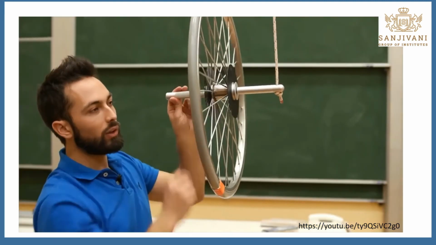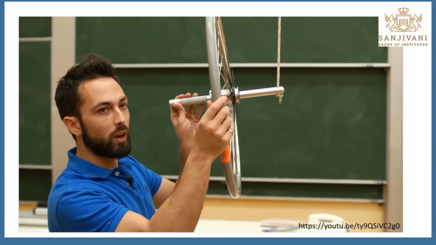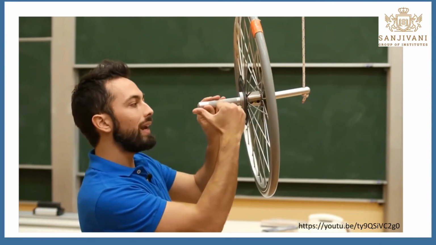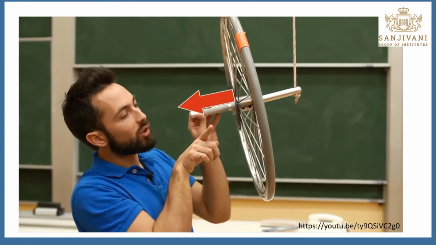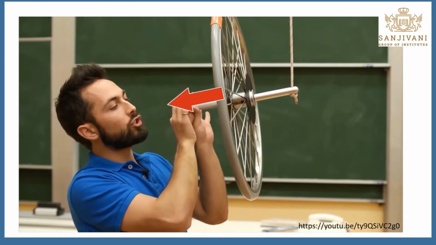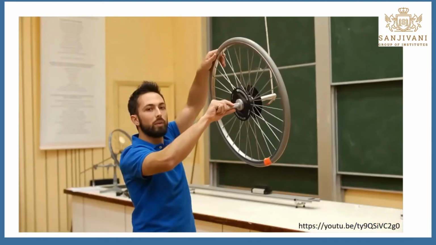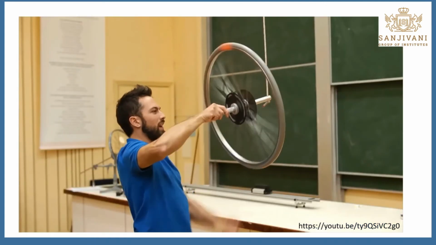But what happens if I only let go after I've already spun up the bicycle wheel? Well, in that case, the bicycle wheel would already have angular momentum this way, and so a torque pushing that way actually swings this angular momentum around that way. Okay, so let me try to get the wheel spinning and make it work.